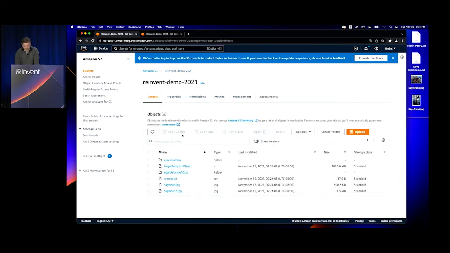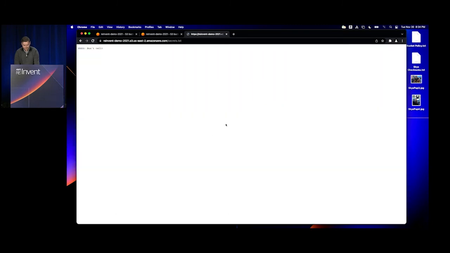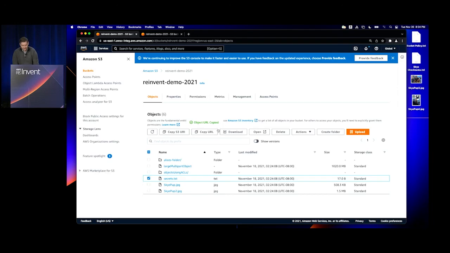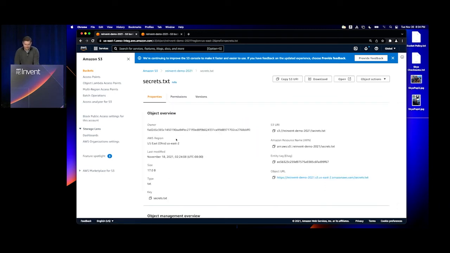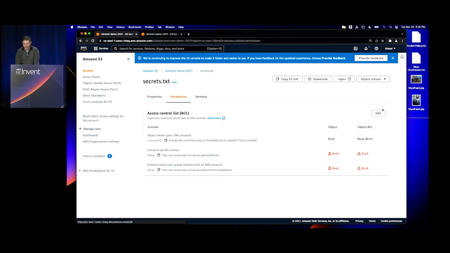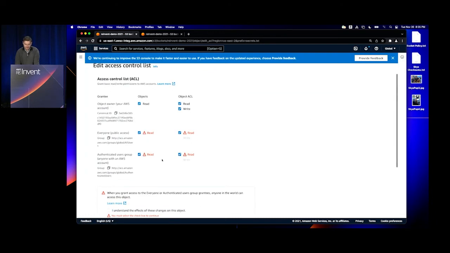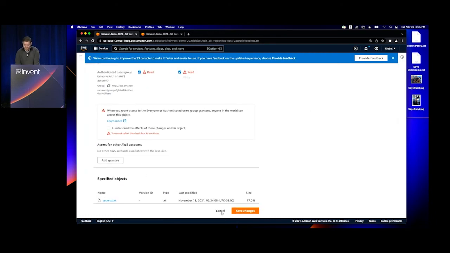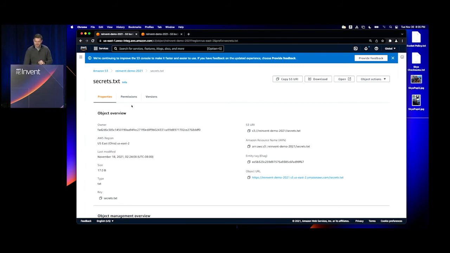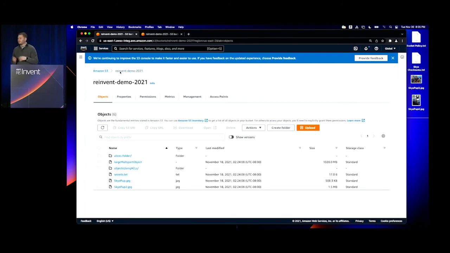And I'll admit that it was for the purposes of this demo. So if we take a look at this object in our web browser with no authentication, you can see that it is indeed publicly accessible. And so that's a problem. And there are a few ways that we could go about fixing this. We could open up this file, we could go to permissions, and we could edit those permissions individually and uncheck these boxes, and then save it. But I have other objects in this bucket that are using ACLs, and I really want to use the AWS best practice of using IAM policies.